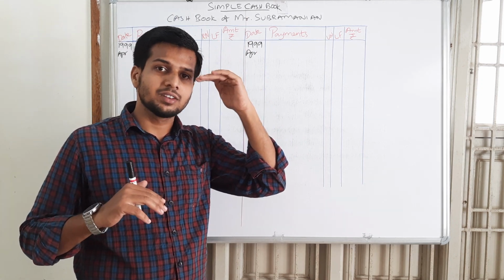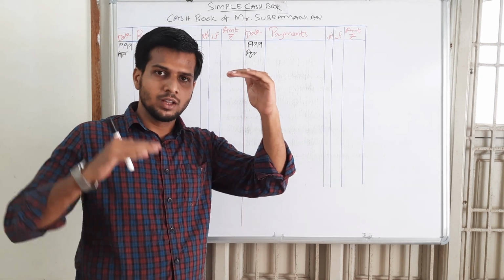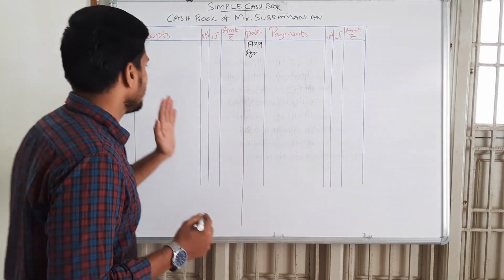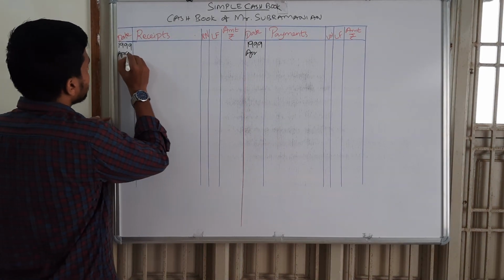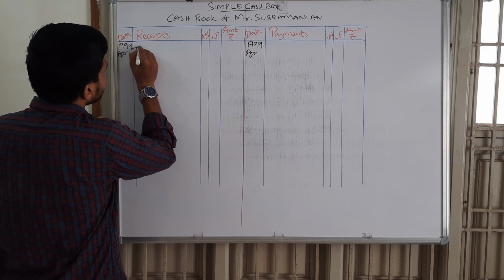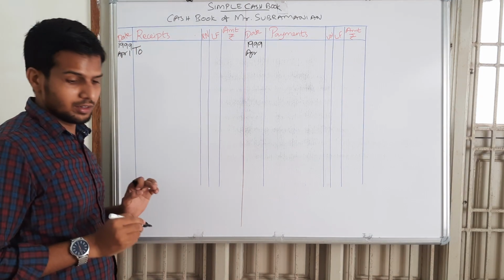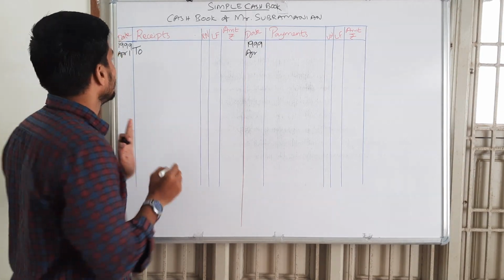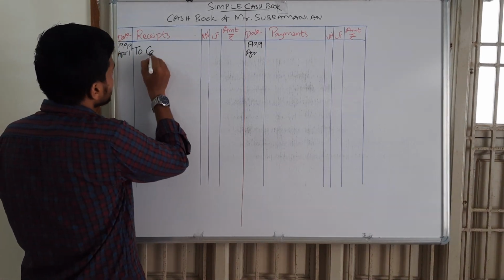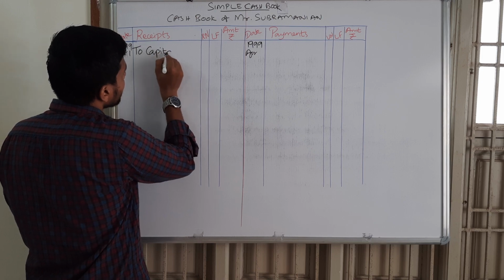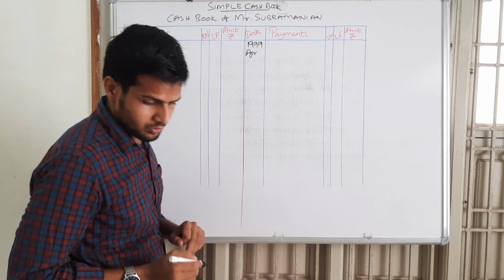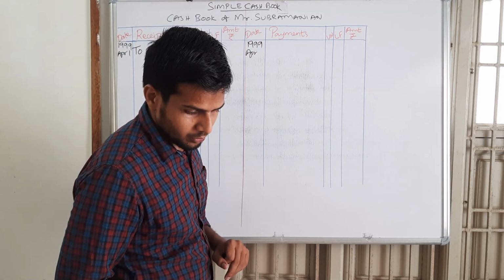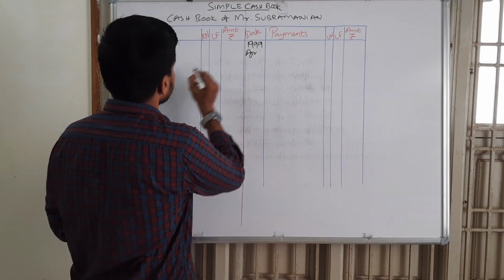Here the cash is debited. Cash account debit to capital account. Here the cash is debited. So the entry must be on the debit side. That is April 1, it should be written as such. Okay. On the receipt side, we must begin with "To capital", as in the ledger account. To capital. What is the amount of capital given? 24,000.